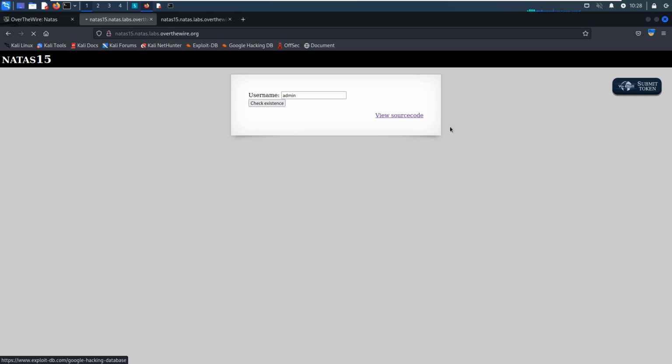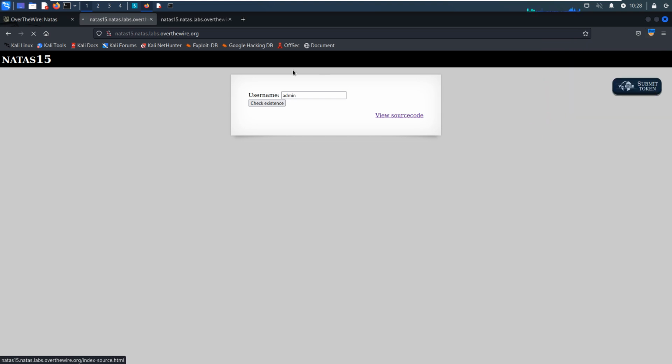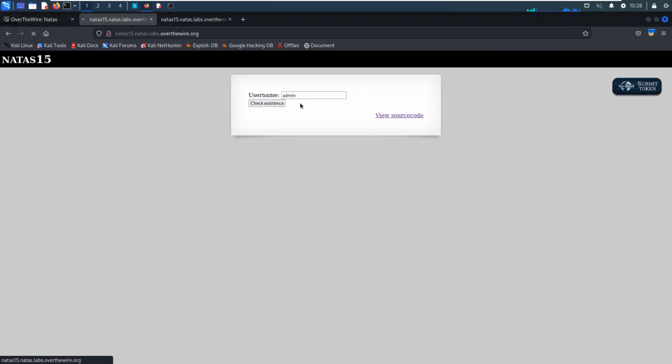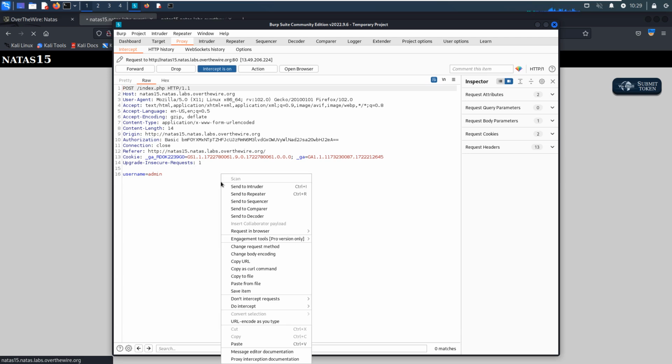As you can see over here, let me make a very quick recap. I enable the proxy to Burp Suite, and then launch Burp Suite, and then we can trigger the request from the client. Okay, anything, and then Burp Suite can intercept such a request, and then we can right-click the mouse and save the request to file.